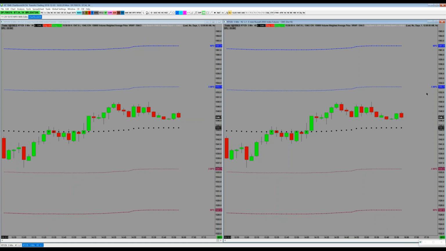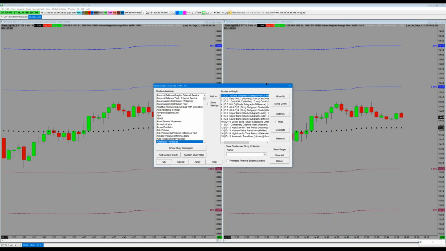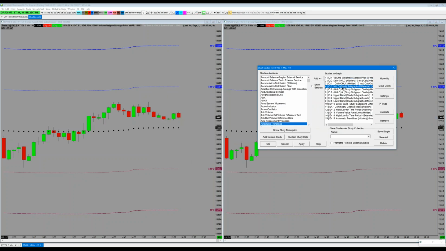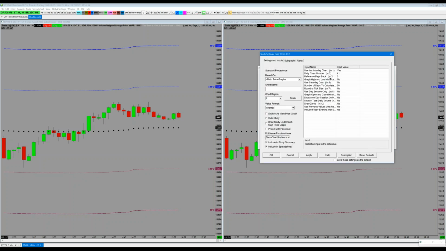All right, so here's how we get to this situation. What I'm going to first do is go to the studies section, and I'm actually going to show you one by one how we got these lines to be drawn. So the first thing is there's a study here that's called daily open, high, low, close. Okay, it's hidden right now, but what the daily high, low, close is doing is it's plotting based on 0 days back. So when you add the daily open, high, low, close study, if you put this to a 0, it means it's looking at the daily open, high, low, close of today. The default for this study is 1. Okay, reference days back 1.